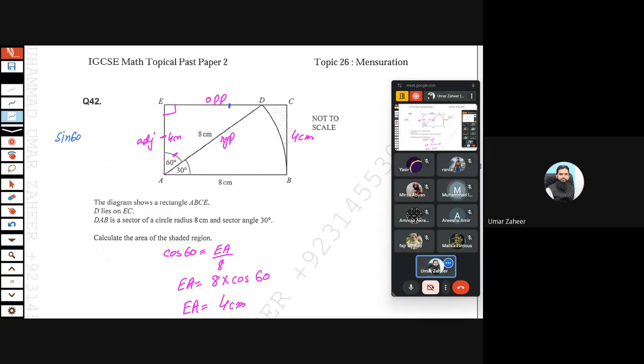So one side will be 8 centimeters, and here also one side is 8 centimeters. So we can use sine 60. Sine 60 will be equal to opposite, which means ED, divided by hypotenuse, that will be 8. So 8 multiplied by sine 60. Yes, the final answer will be